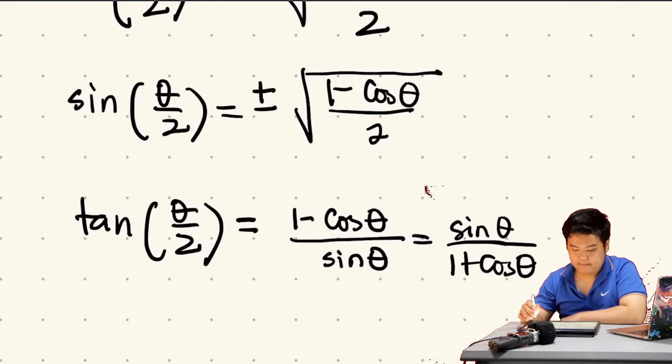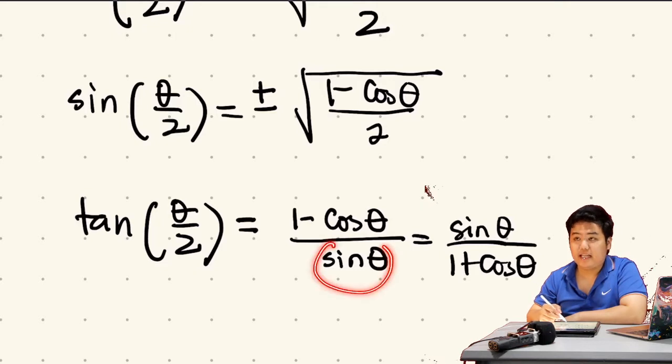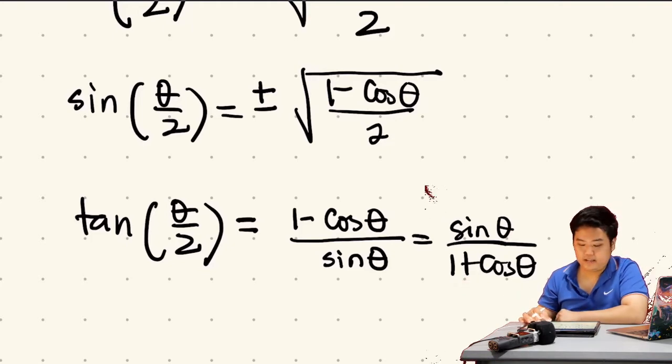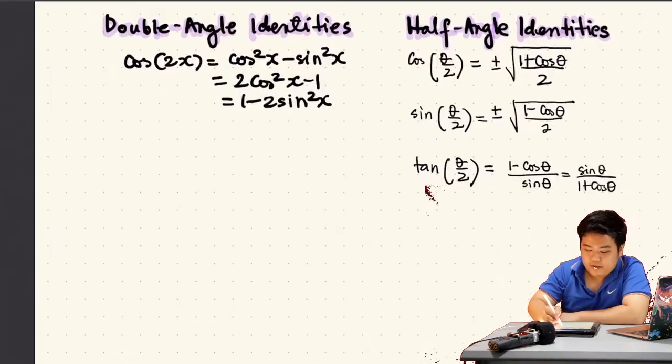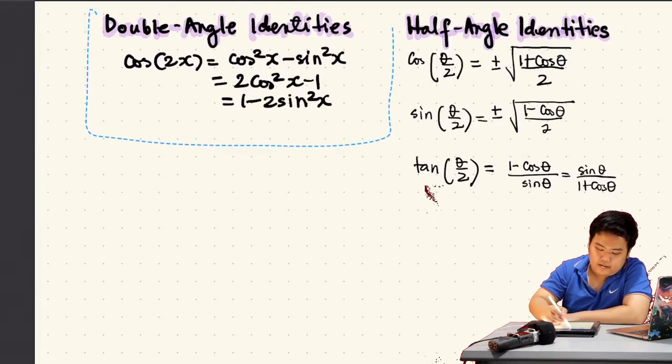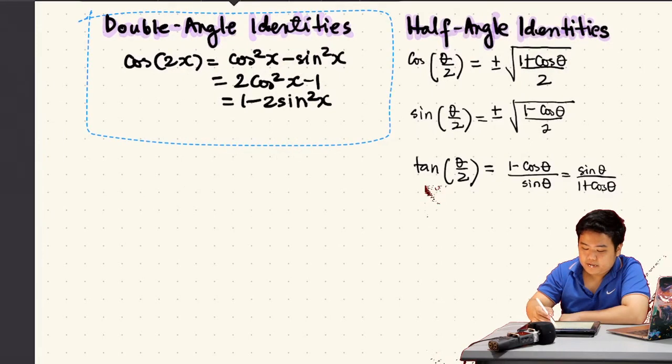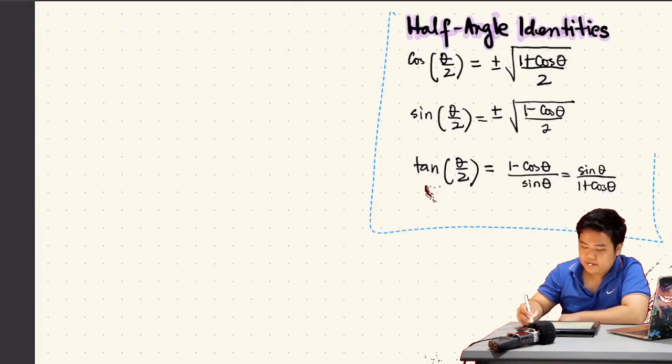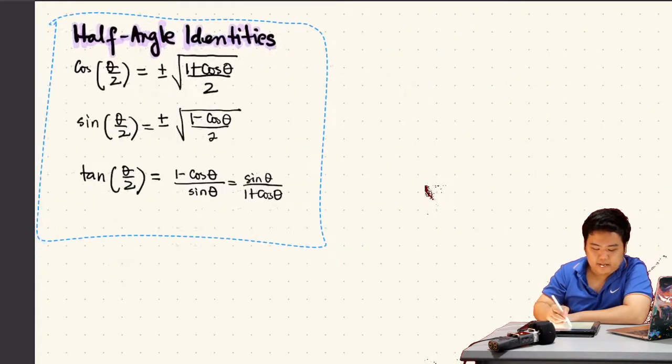Kapag sine theta ay nasa ilalim, minus yung sine sa ibabaw. 1 minus cosine. Kapag sine nasa ibabaw, 1 plus cosine theta. Okay, ganun ko lang naman siya tinatandaan. But if you want to remember it in a different way, you can do that. Okay? So, usog lang natin ito and let's do